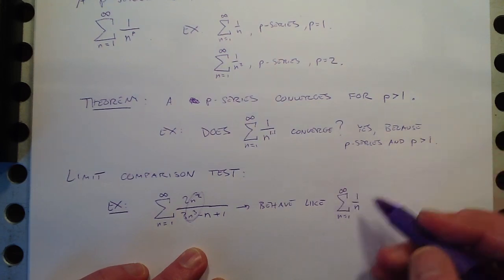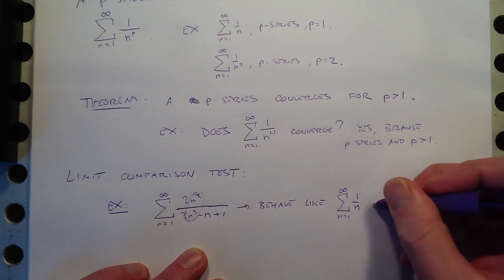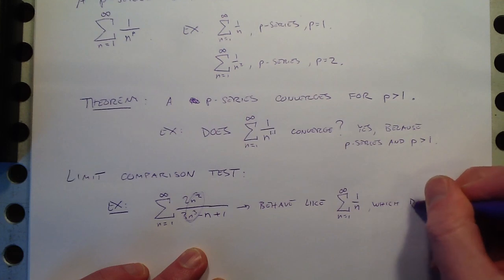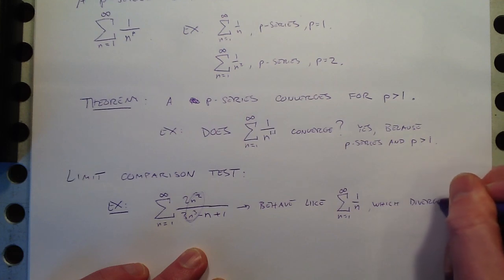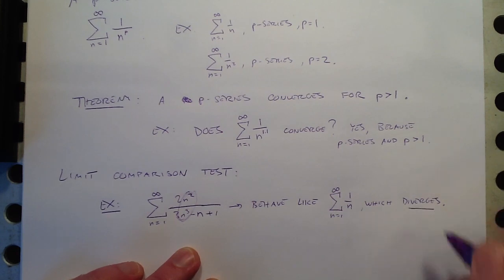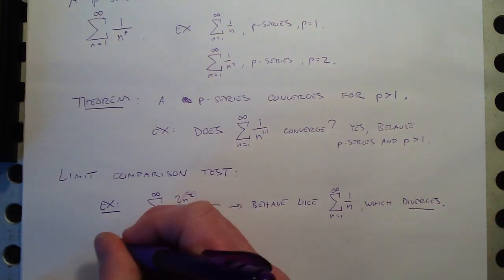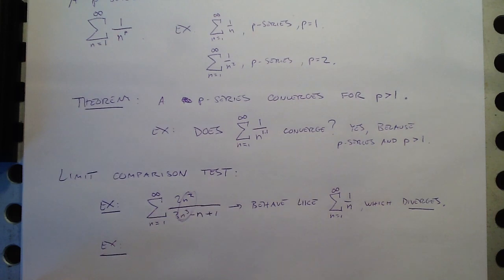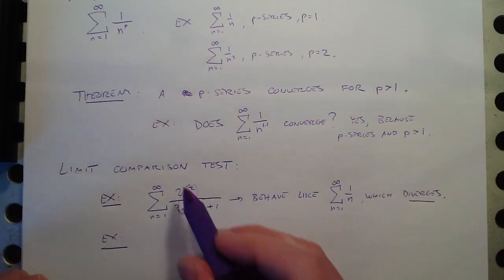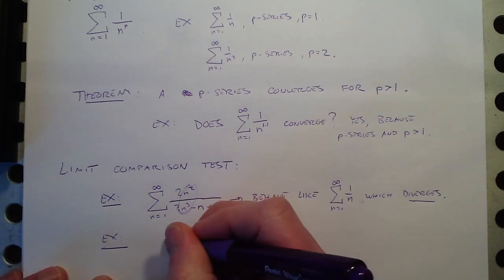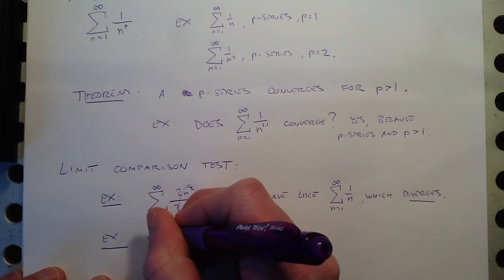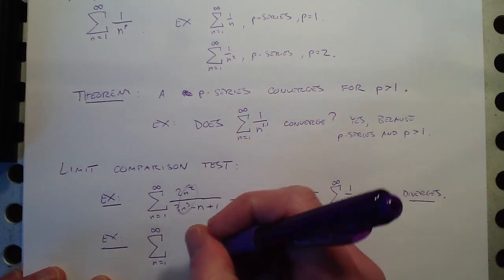And now we just have to say, oh, well, that's a p-series. And since the p here is 1, it diverges. So this diverges. And then I could do countless more examples, but they all look just like this. It's a very pre-calculus limit kind of thinking here. Very easy. How about n equals 1 to infinity of